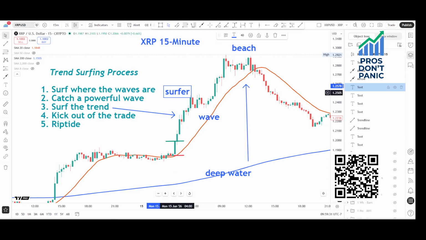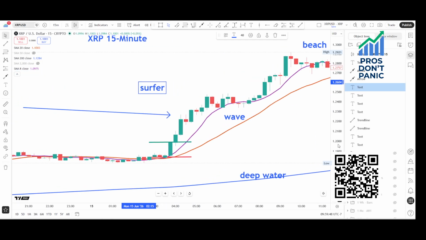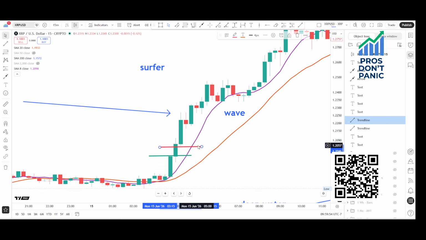Well, one way to do that is to bring in the 8-period moving average, what I call surf the 8. This is the 8-period moving average. And you can see the market tends to want to stay off the 8-period moving average. So we can trail this 8-period moving average. And there's a couple of things we do when we trail the 8-period moving average. We move our stop to large bars. And if we don't have a large bar, for example, this little red bar is not a large bar, then